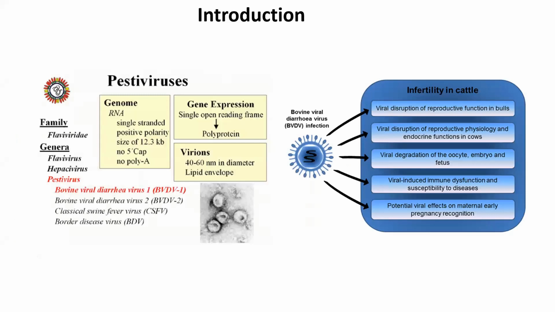Bovine viral diarrhea is a major indigenous viral disease in cattle caused by bovine viral diarrhea virus. BVDV is a member of genus Pestivirus, family Flaviviridae. It causes bovine respiratory disease complex and reproductive dysfunctions, which define BVDV as one of the most economically significant pathogens